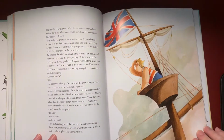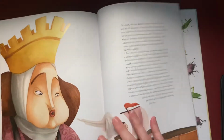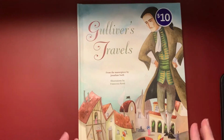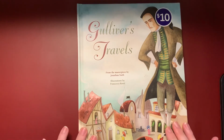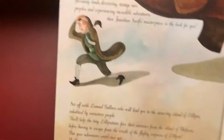but I thought if you're going to have a child read a classic, the writing of classics is more difficult and dry sometimes, and so if you can give them an illustrated version, they're more likely probably to want to read it. And the illustrations here are by Francesca Rossi,